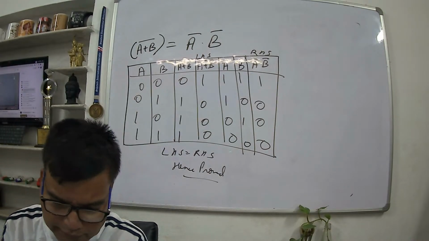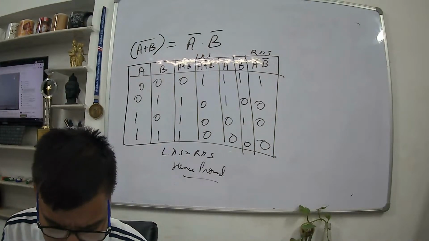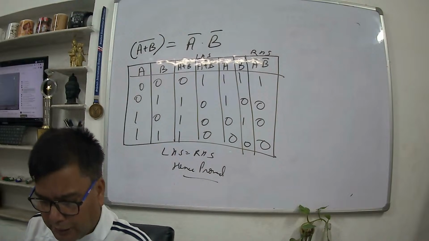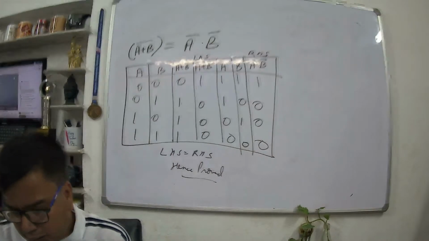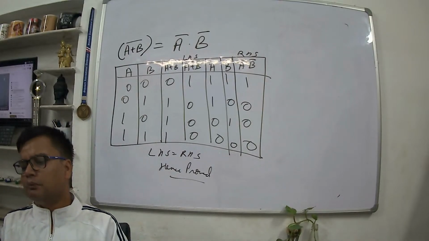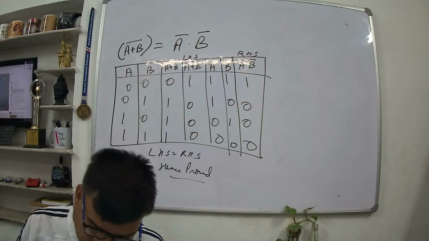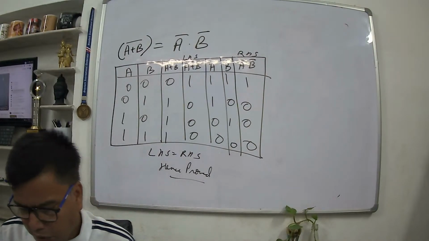Now let us talk about certain things. You can be given some Boolean expression, and you could be asked to find the min term or max term. What happens in the case of min term? Min term is the SOP expression. In it, 1 is taken as non-complement and 0 is taken as complement, right? For example, if I say